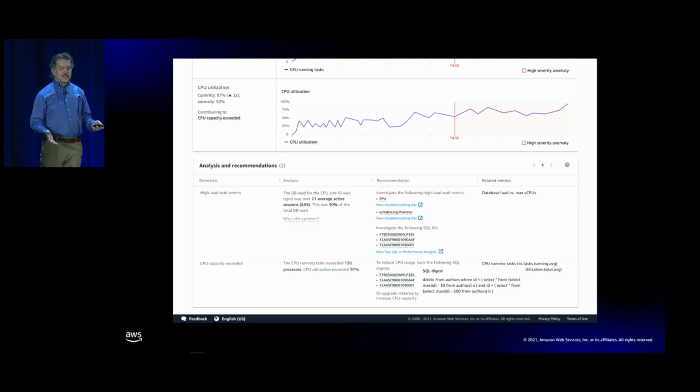Now, what's the advice? The advice here is pretty simple. Go investigate these top SQL statements and go investigate the wait events that they're causing. You can use the wait event documentation that we're providing you to guide you in that investigation. Now, this advice is not particularly directive. And I want to just stop and talk about that a little bit.